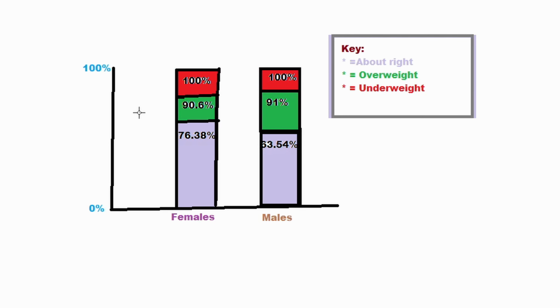And then on top of that, we'll add 14.31% and label that overweight. And finally, we'll add 9.31% and shade up to 100 and label it underweight, not forgetting to put the marginal percent on the side or inside for each part. This represents the marginal percent for females. And now we'll do the same thing on the right for males. And now this is our segmented bar graph.